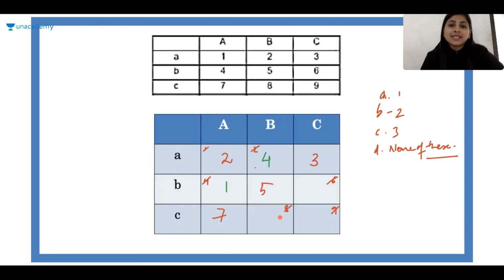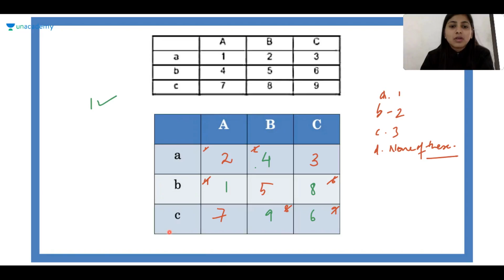What about this part? 6 cannot be here. If 6 is here, 4, 5, 6, no, that's not allowed. So 8 can't be here, 6 can't be here, which means what can be here? Only 9 can be there. If 9 is here, then 6 has to be here and 8 has to be there. Now is it fine? 3, 8, 6, 4, 5, 9, 2, 1, 7, 7, 9, 6, 1, 5, 8, and 2, 4, 3. Yes. So this is one case that works.